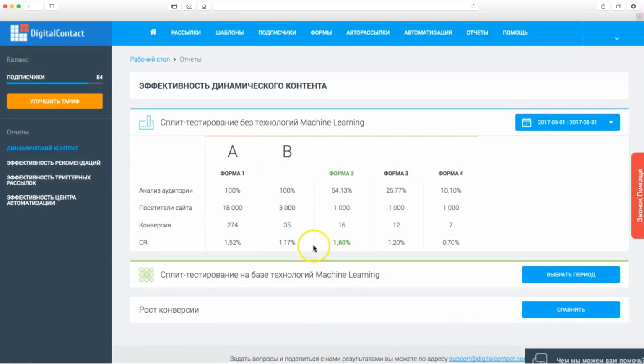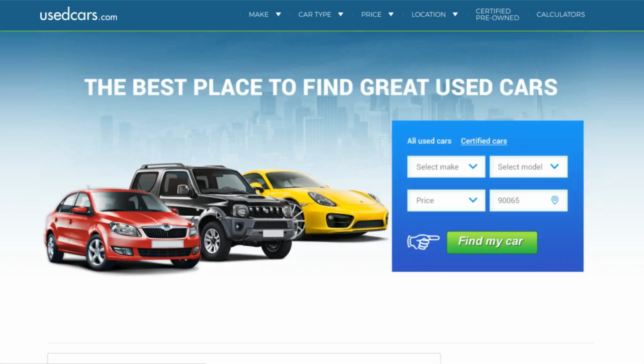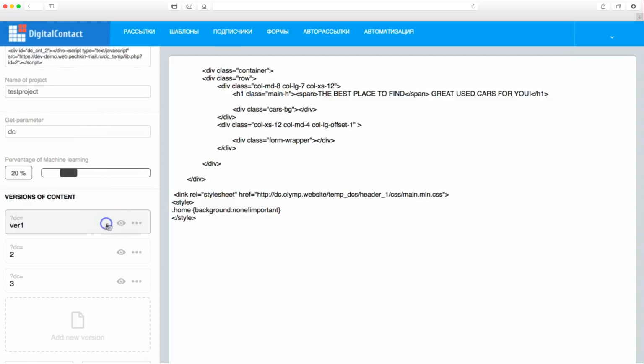Before using our system, the email conversion was 1.52%. Based on the split test results, Form 2 had proven to be most effective. This form was used as a benchmark to compare results. We set up our test to target the same 20% of potential customers, and we made no changes to